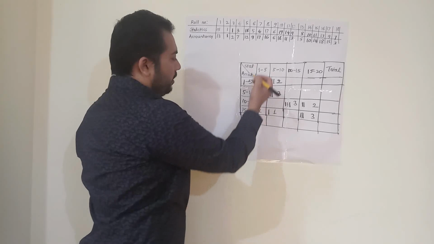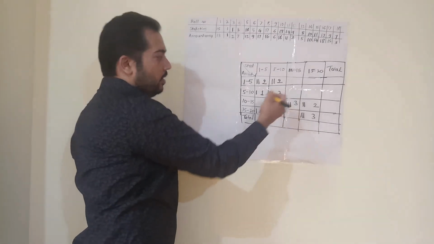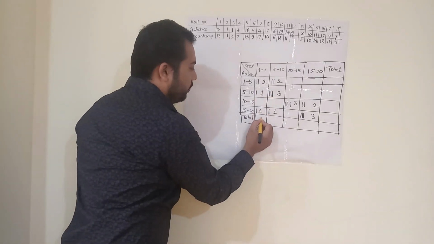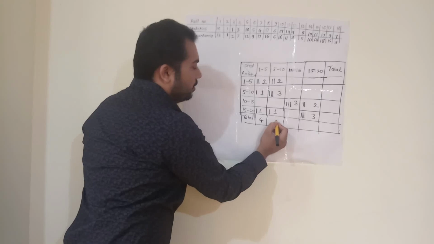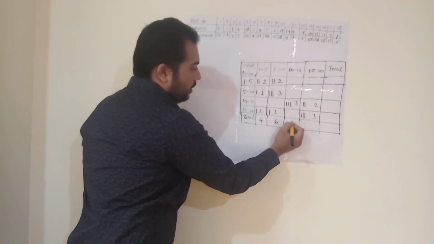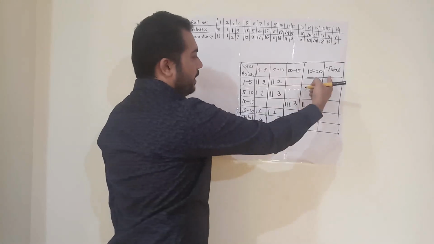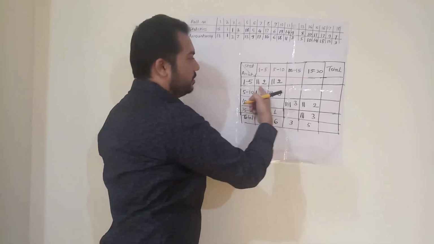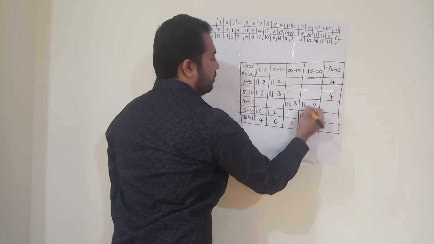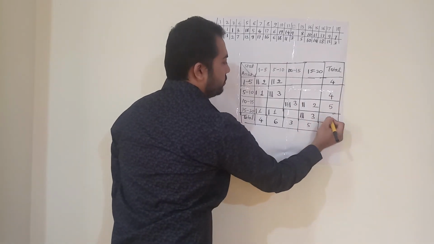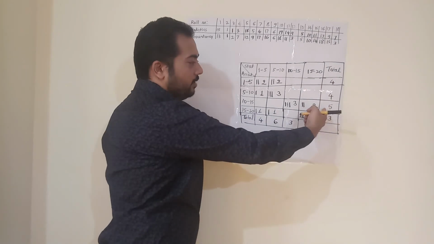Now here in this total I have to write the total of every column. So 2 plus 1 plus 1, this is 4. This is 2 plus 3 plus 1, which is 6. This is 3 and this is 5. Okay, and here I have to write the total of every row. So this is 2 plus 2, 4. This is again 4. This gives me 5 and this gives me 3. So 4 plus 4, 8. 8 plus 5,